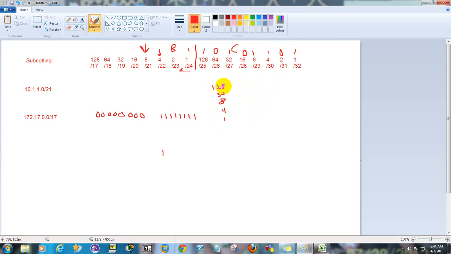So we need to take 128 and 32 is 160, right? Yeah, 160. And then we have 8 is 168. And then 4 is 172. And 1 is 173. That's how you do it. That's all you're doing, is you find out what bits are turned on by reverse engineering it. So we would take this 175 right here, let's say that was the IP address,